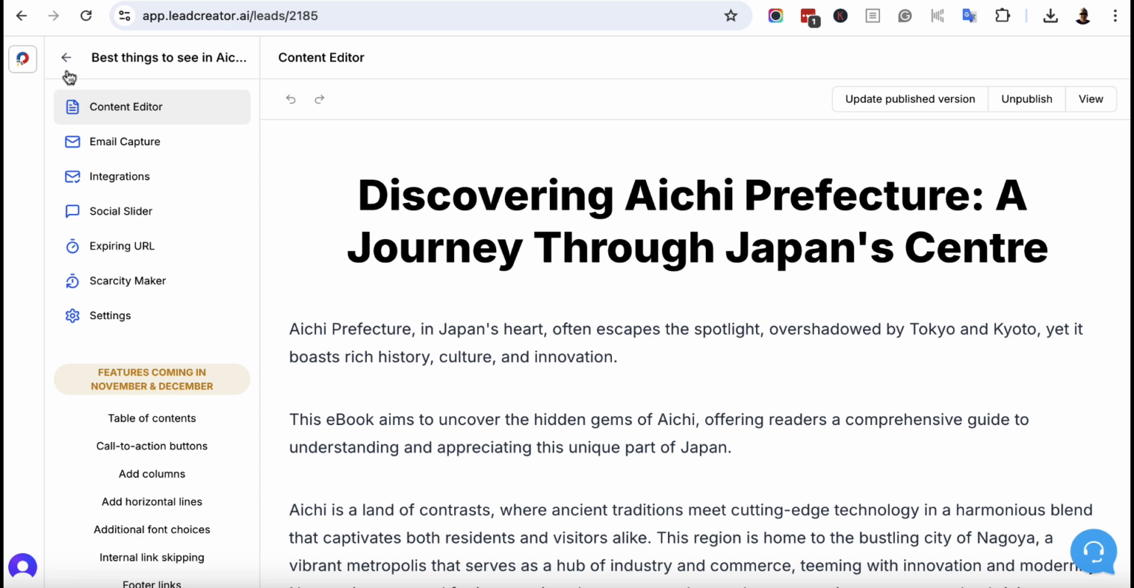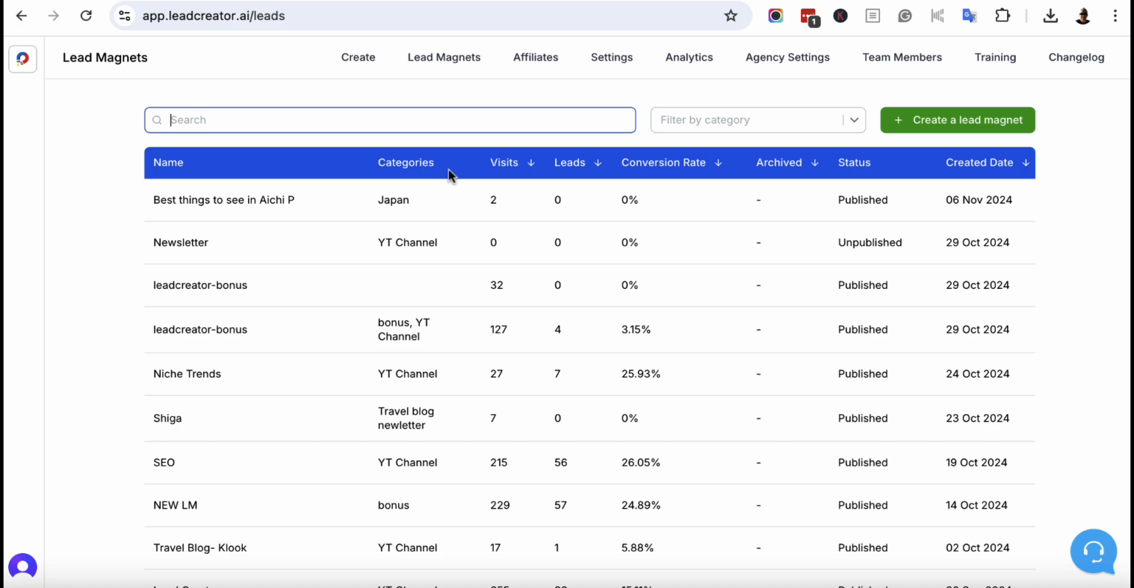So let's just go back here. Let's click on the back thing and we can see here the stats. And this is another great feature of Lead Creator, is inside of your portal, you will see all of the lead magnets you've created, and you can see the conversion rates, the leads. So you can see that this one, for example, which I attached to my YouTube channel, I've had 215 people click on it. I've had 56 people opt in. So I've got a conversion rate of